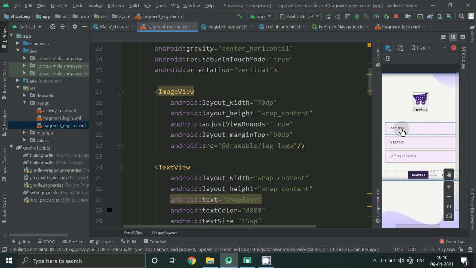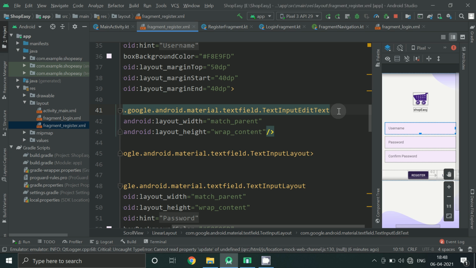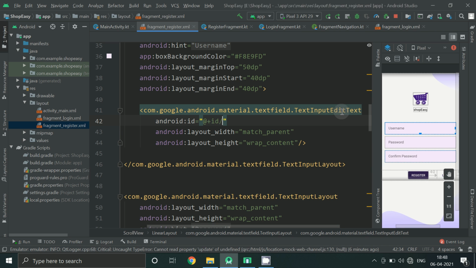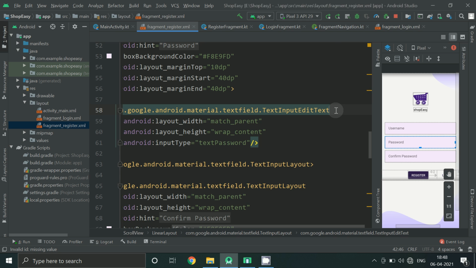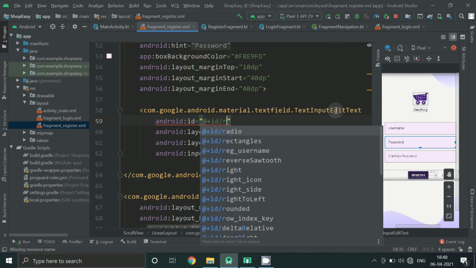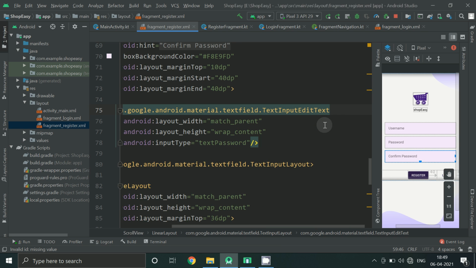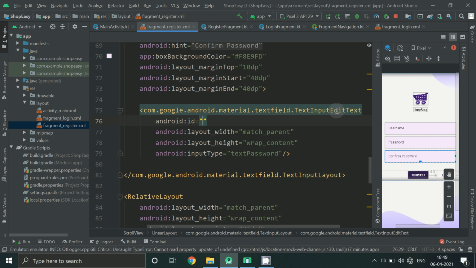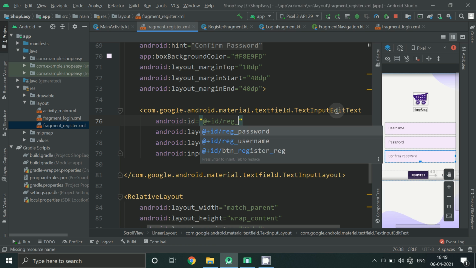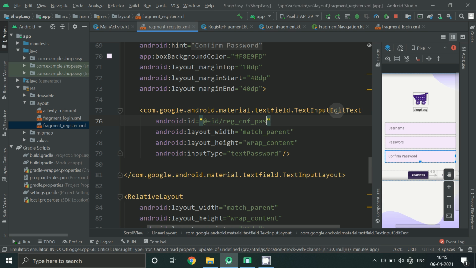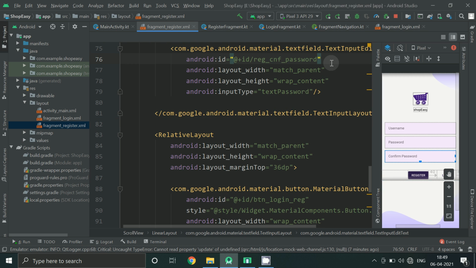So first of all, give some ID to your username, password and confirm password. And also check if you have entered ID for register button.